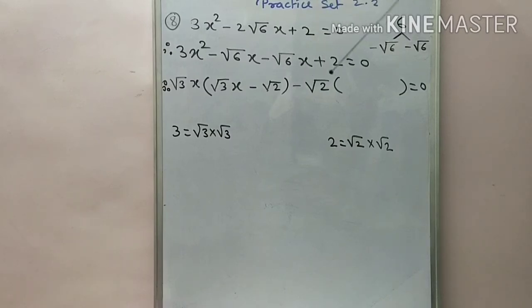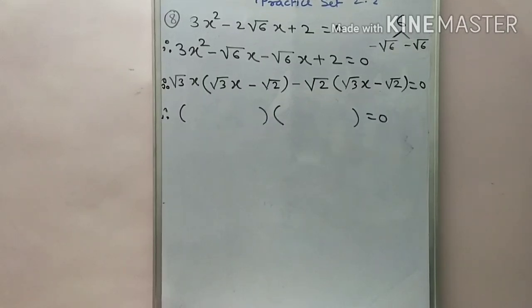Here also we do the same. This rational number 2 we can bifurcate as root 2 into root 2. So here we take root 2 as common from the third term, so the remaining term is what? Root 3x. Okay, and if we take the outside term common as minus, we have to change this sign to minus, and for that 2, if root 2 is common, the remaining term you write down is root 2 here. Then only we get this common bracket.